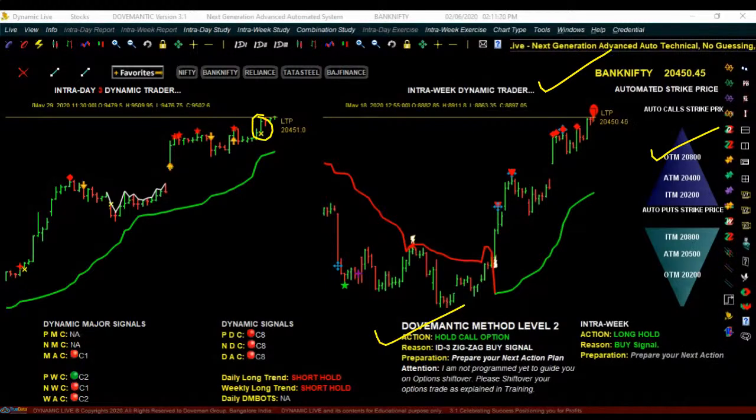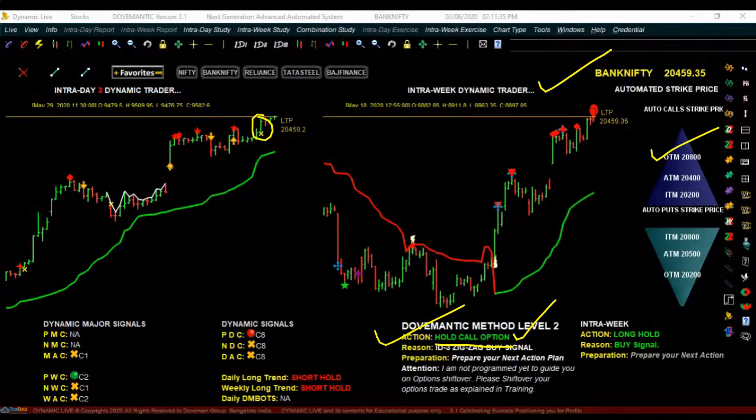Now after that, just cut the call. Once you have cut the call, it will later tell you to hold the call option, so hold on to it as long as it says so. At some point later it will be written as exit call option now. When it says exit call option now, that is when you can go ahead and exit the call option that you have already bought.